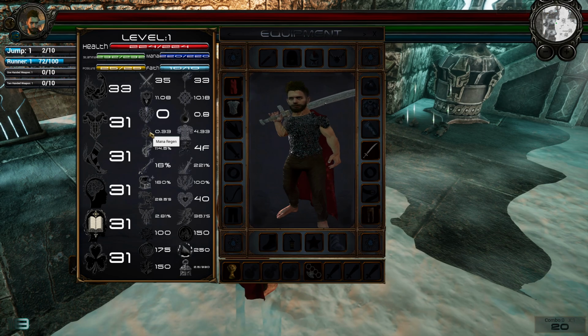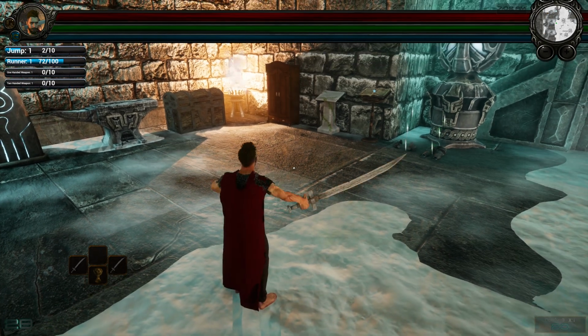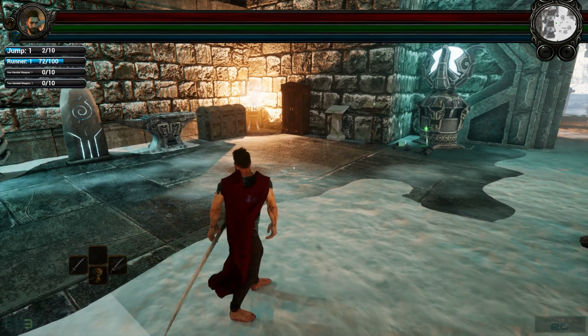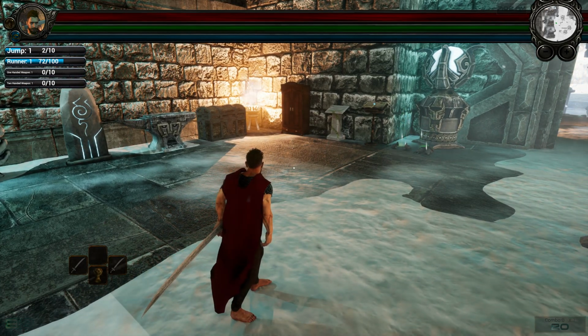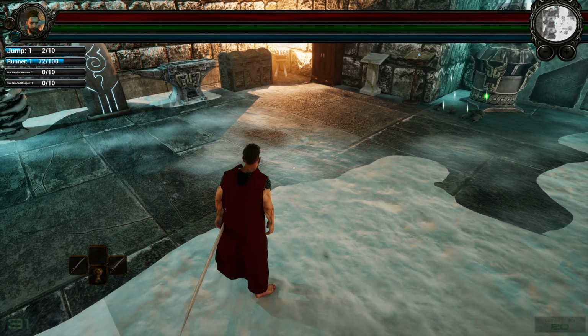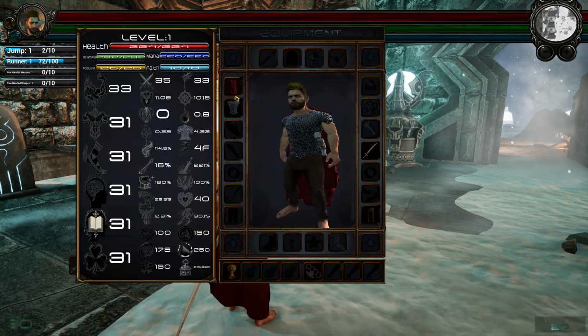Your mana regen actually goes up and down with your weapon. Let's go ahead and put away my weapon. So when your weapon is out, your mana regen is 1/10 of what it normally is, and when you put away your weapon, it is back to normal speed. So there's that, and then we have